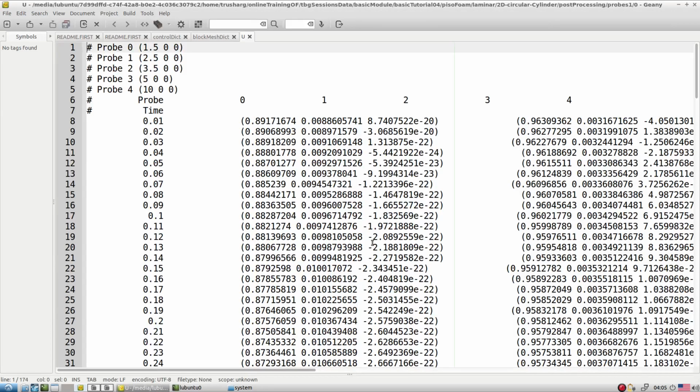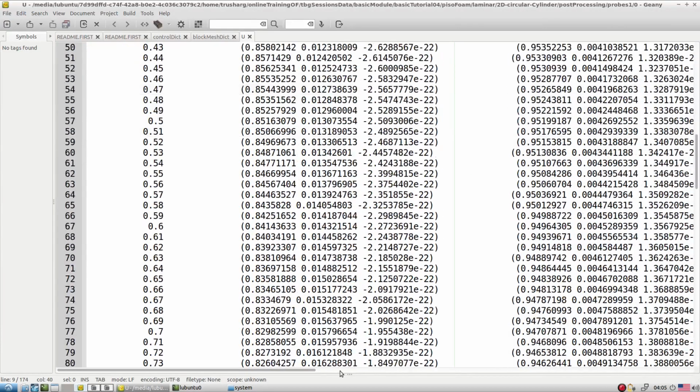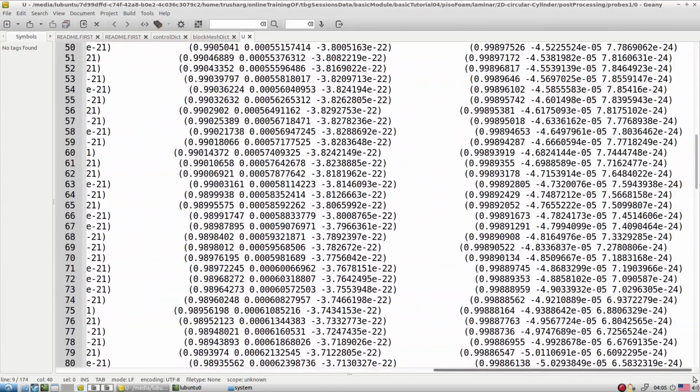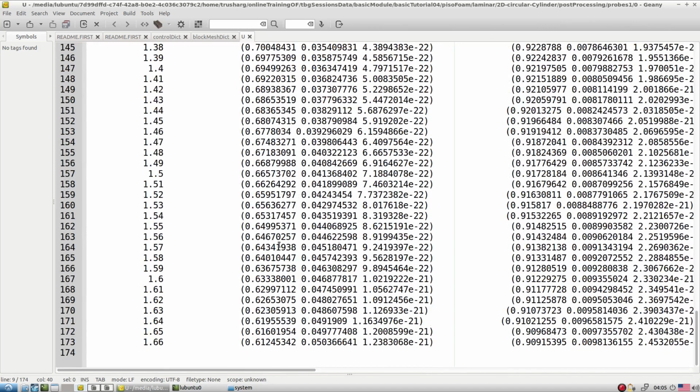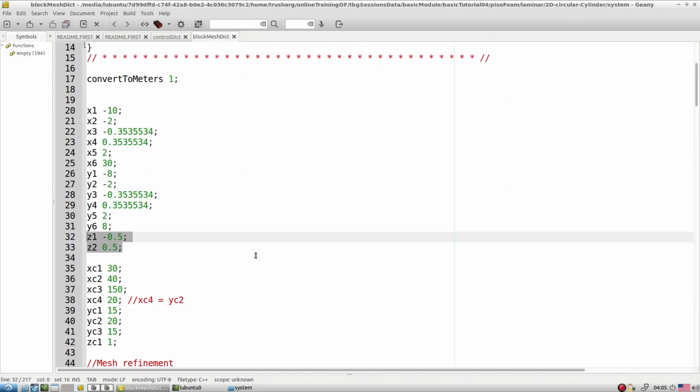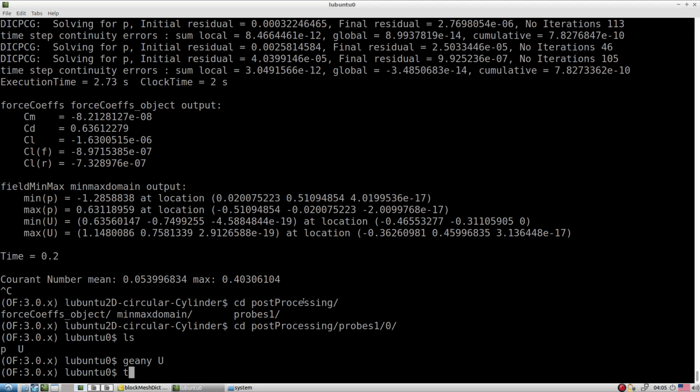If you open this file, you come to know we have that many probes, and on those probes we are recording the signals. Let it run for a couple more time steps till it starts the unsteady nature. Then we do the post processing of this probe.